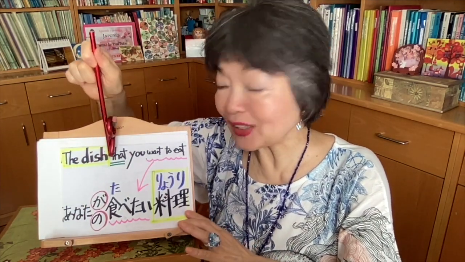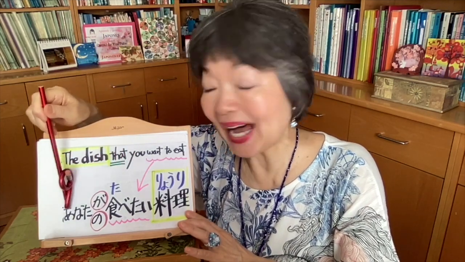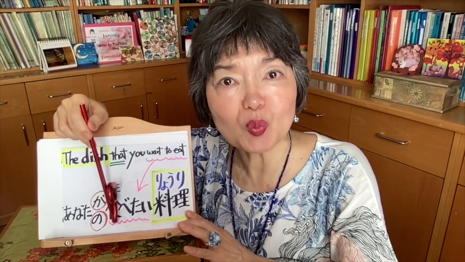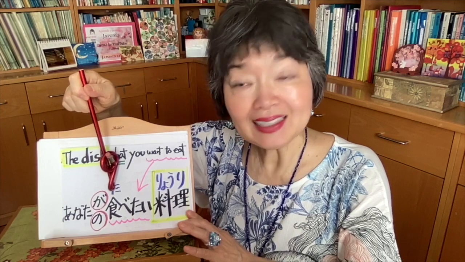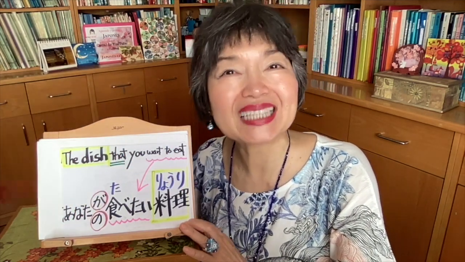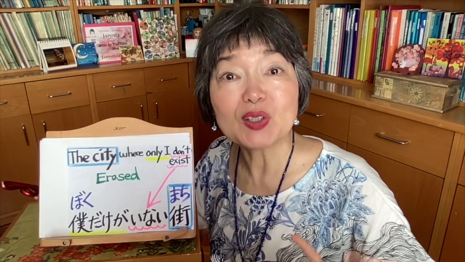And now after that, the subject, you, あなた. And here we cannot use は, but we use が or の。あなたが and want to eat in 普通形食べたい。あなたが食べたい料理 or あなたの食べたい料理。